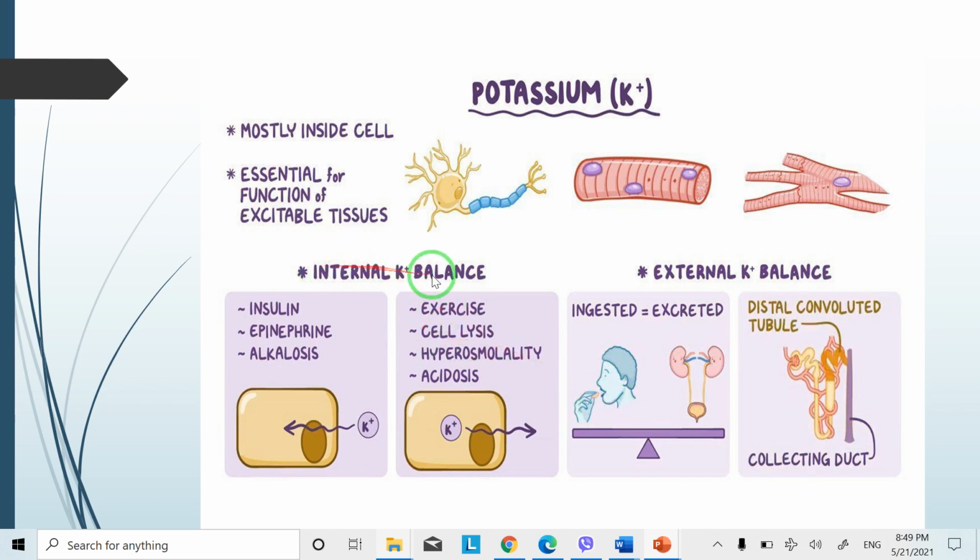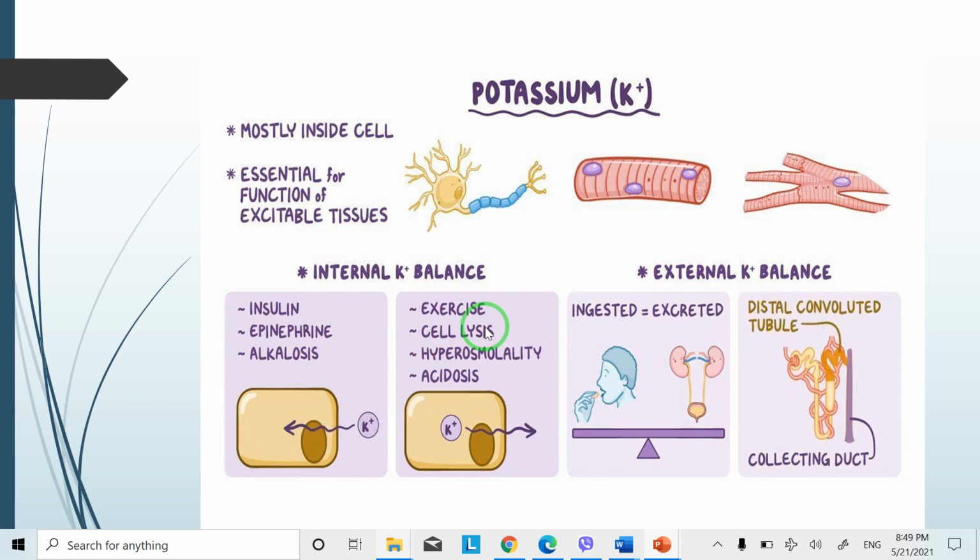The internal potassium balance is that mainly potassium is found inside the cell. About 98% of potassium is inside the cell, and this represents about 20 times the concentration inside the cell compared to outside the cell. Certain factors favor the entrance of potassium inside the cell, and other factors favor the escape of potassium from the cell. We have insulin, alkalosis, and epinephrine favoring the entrance of potassium to inside the cell, while